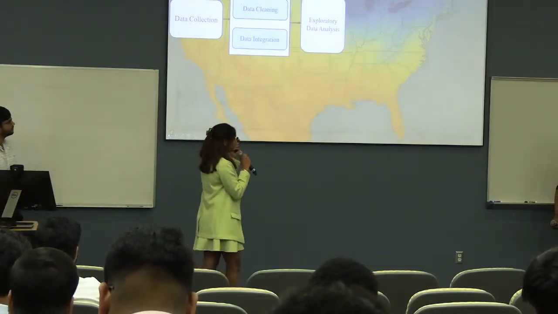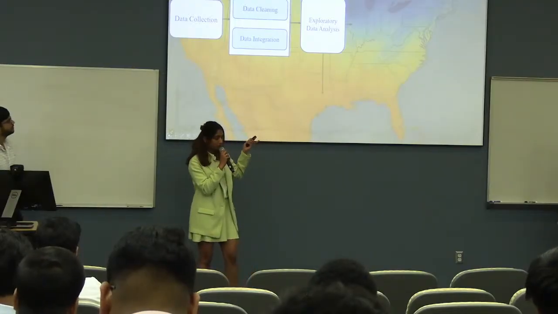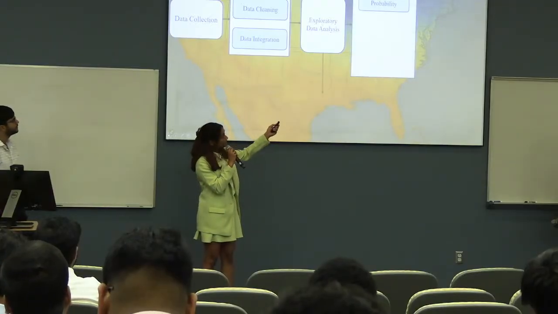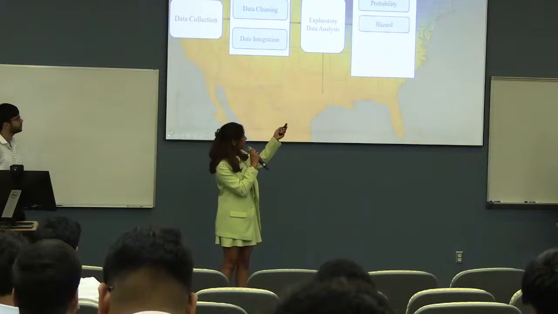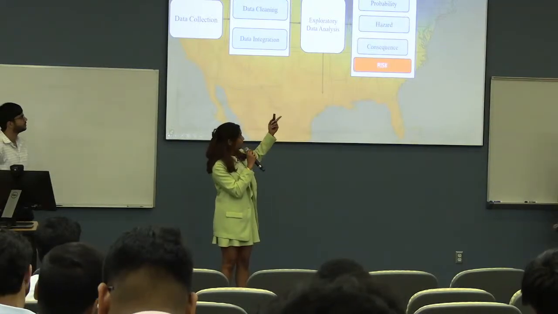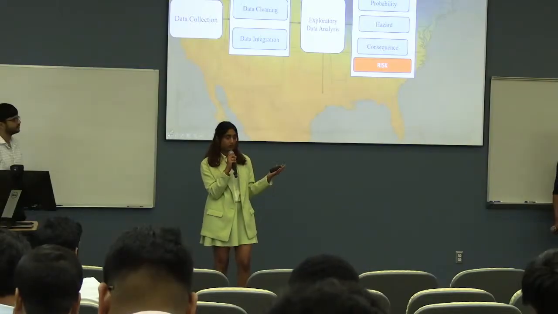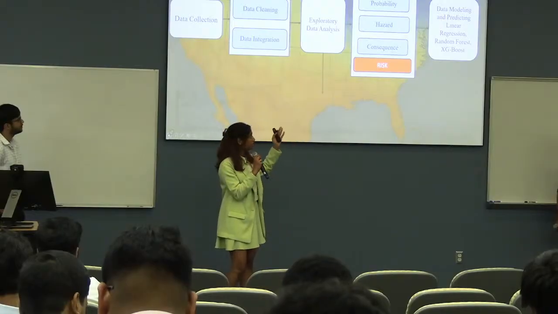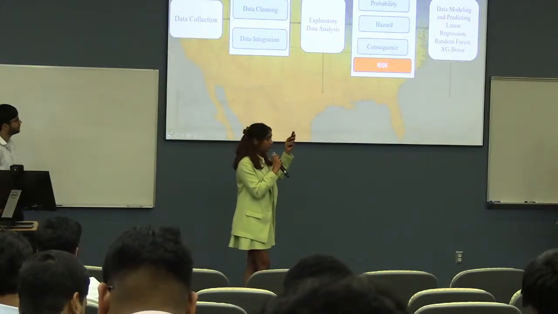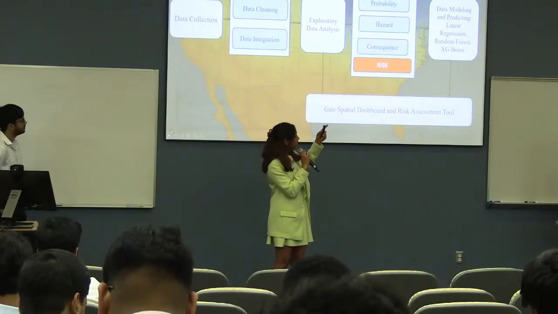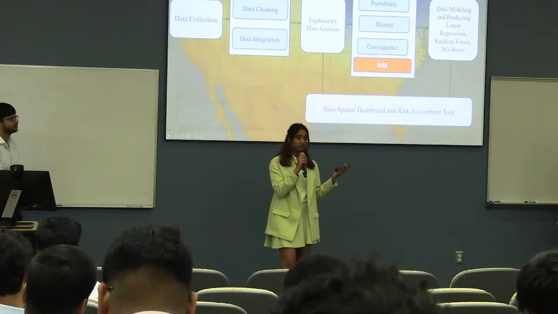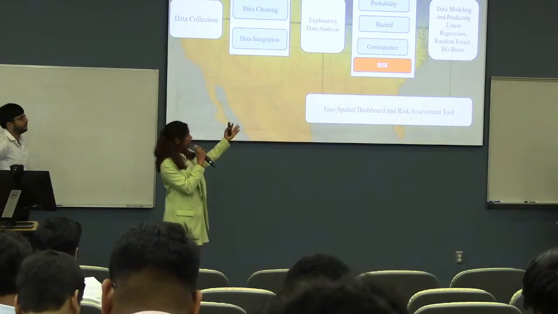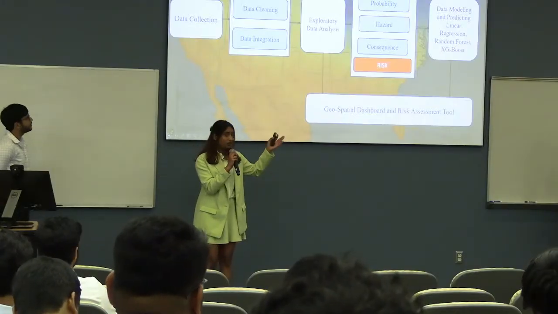And then we conducted the exploratory data analysis. Using the exploratory data analysis, we also have key features, that is probability, hazard, and consequence, all of which contribute to the risk. And then all of this is fed to the data set, which is now ready for feature engineering. Later, once the final data set is done, we apply the data modeling prediction, wherein we use 3 different models, such as linear regression, XGBoost, and random forest. So using the exploratory data analysis and the results from the data modeling, we have